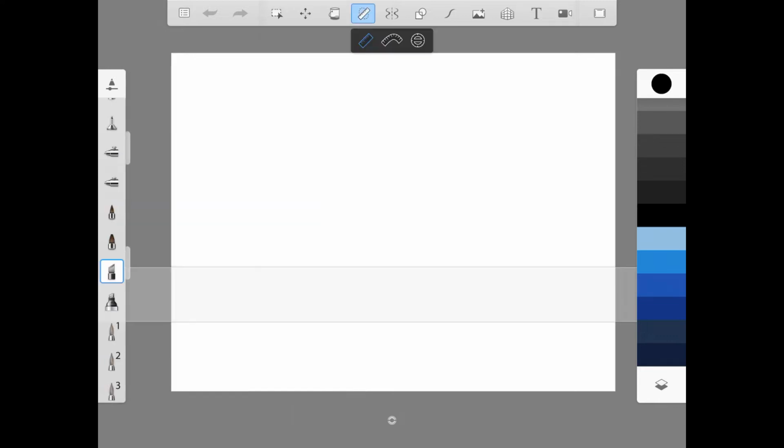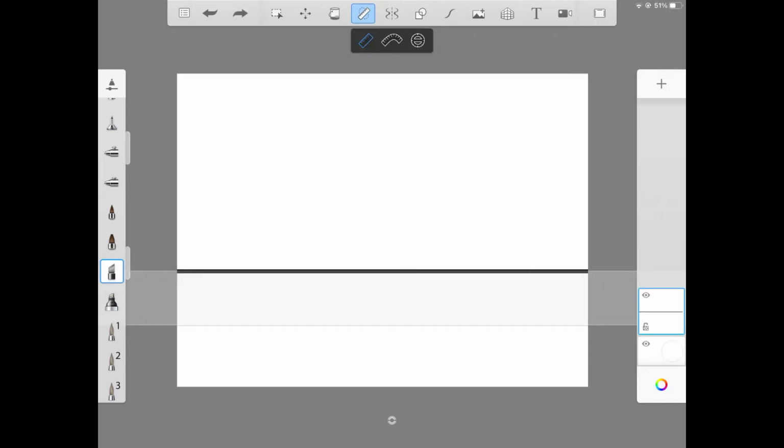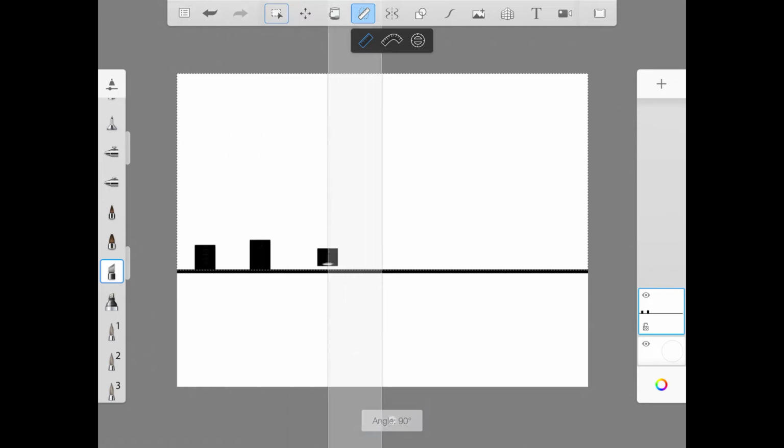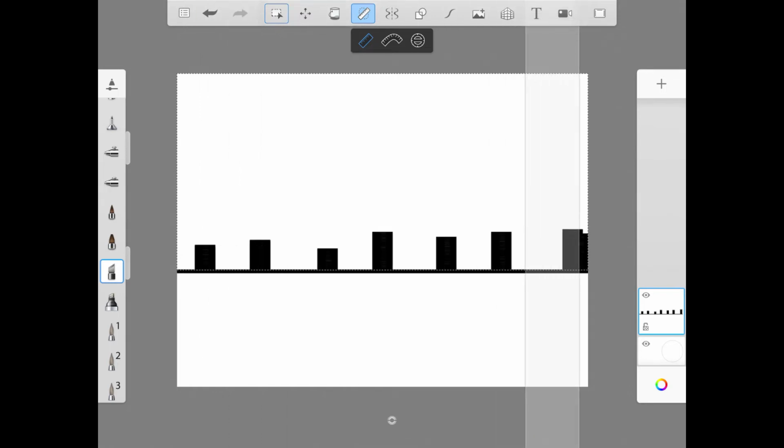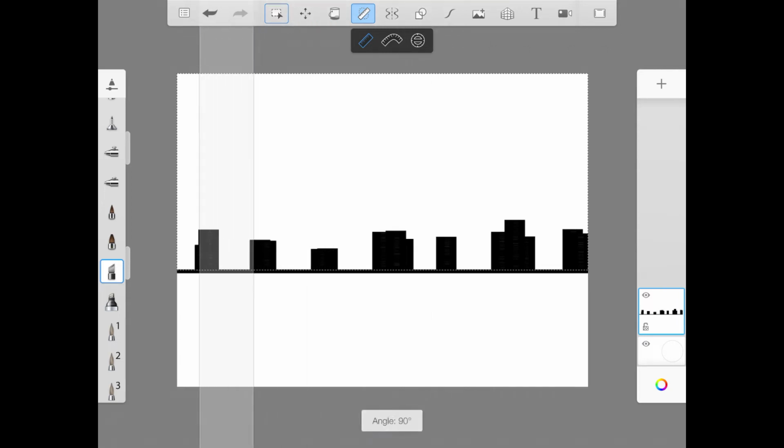From the top, we turn on the ruler guide, making sure it's horizontal, and we draw the horizon. Now, from the top, we enable the rectangle selection tool to select the top part of the image, which will limit our drawing to be inside the selected area. Now we use two fingers to rotate the ruler guide to 90 degrees. Now we can start to use the chisel tip tool to draw buildings.